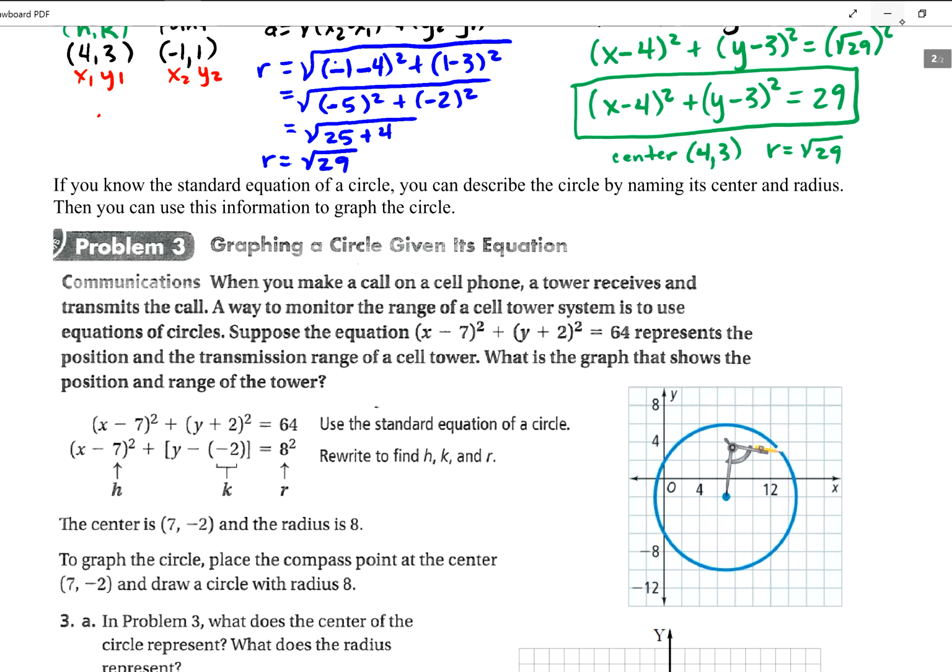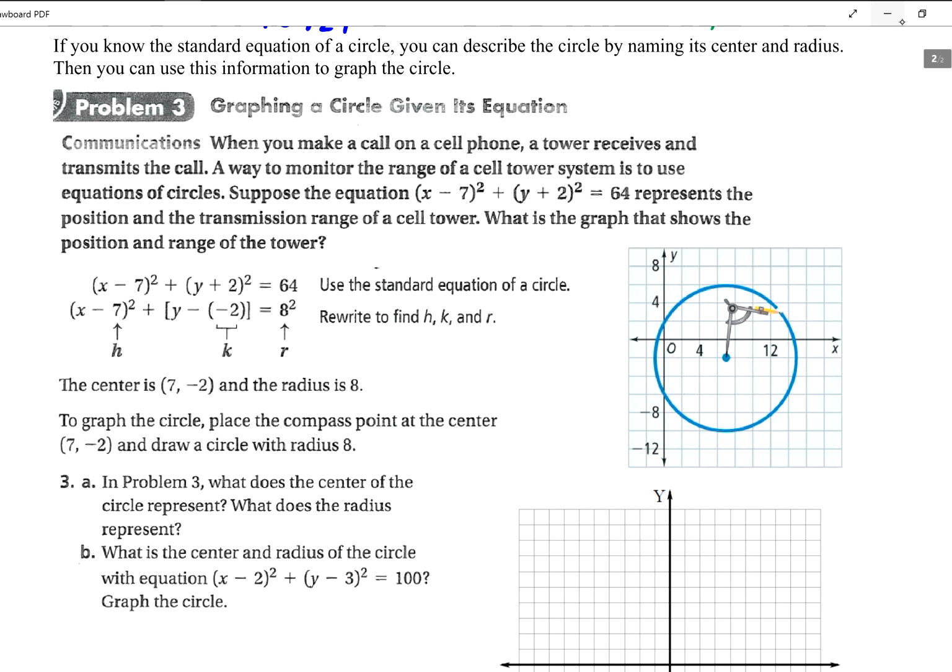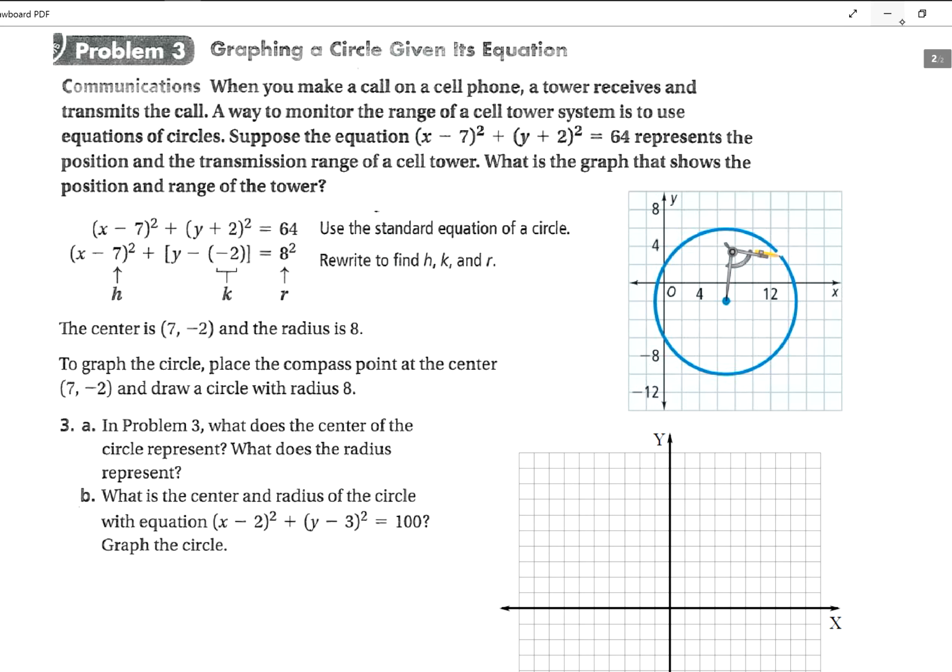All right, let's look at our next example. We want to graph a circle given its equation. When you make a call on your cell phone, the cell phone tower receives and transmits the call. You can monitor the range of a cell phone tower using a circle. The tower transmits equally in all directions,